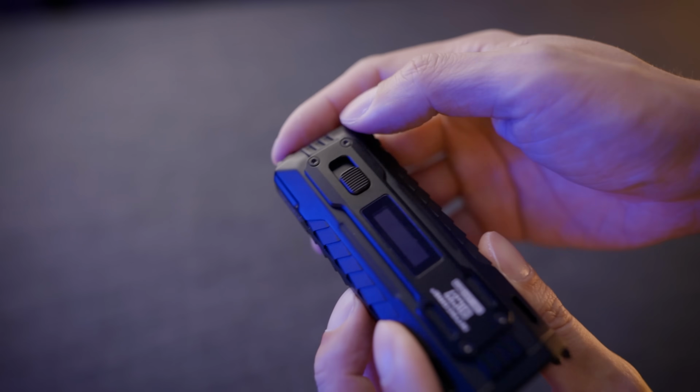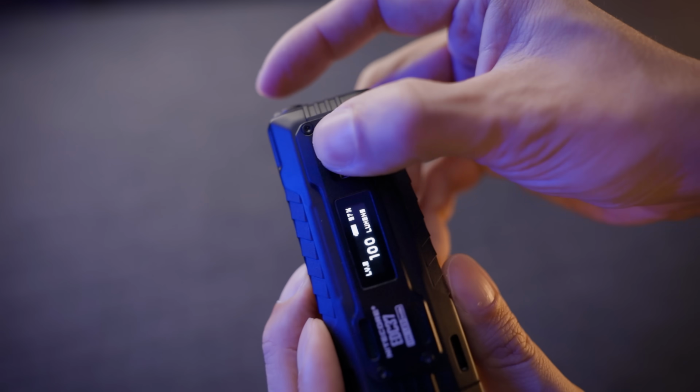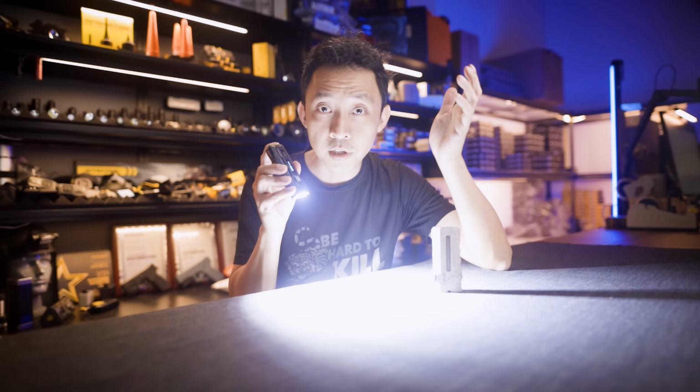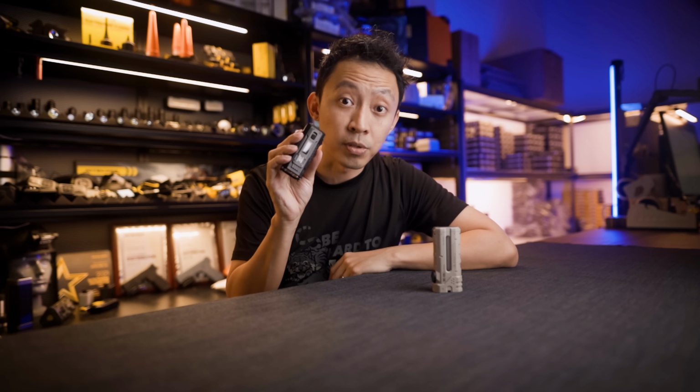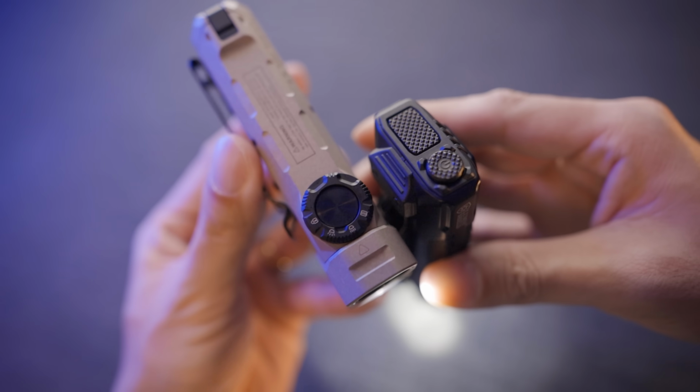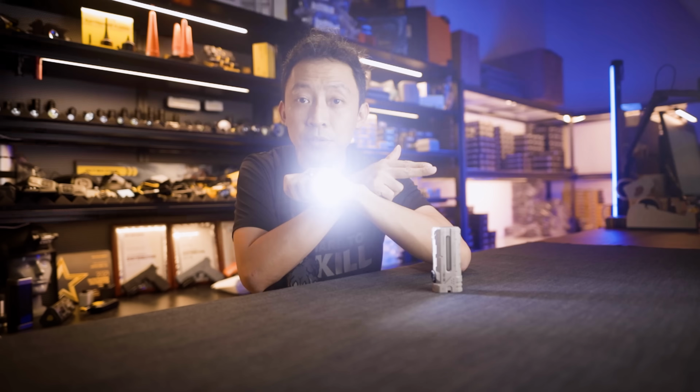The EDC37's lockout is very solid. Flick the switch up to lock and flick down to unlock. No confusion, no fumbling, instant light when you need it most. The dual button tail cap excels in hammer fist grip, the preferred way for tactical users, but here's what